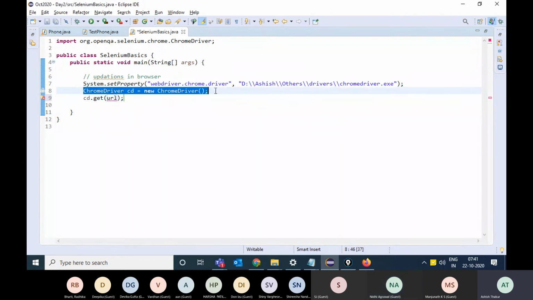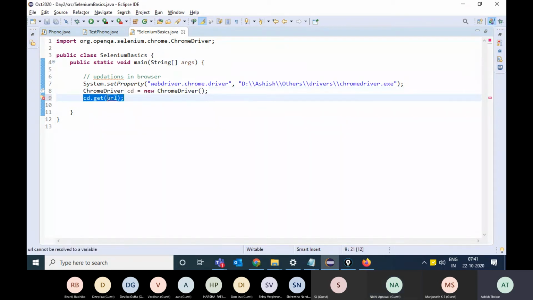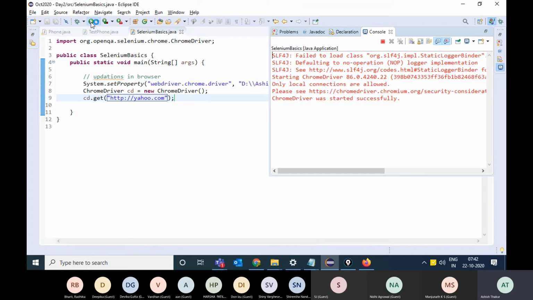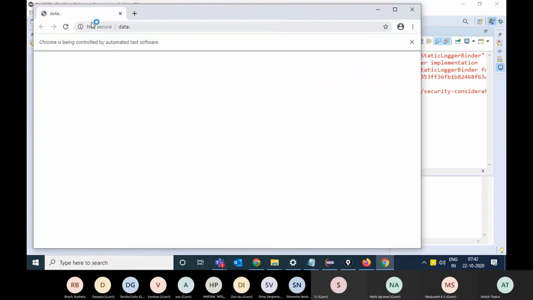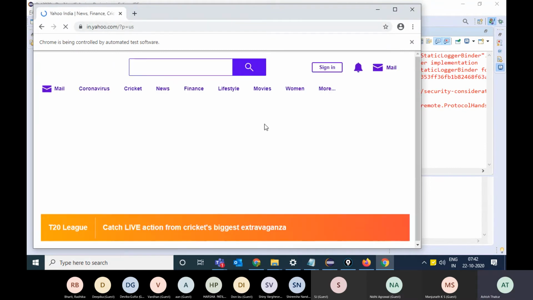So you create the object of Chrome driver and you just write Chrome driver dot get to the particular URL. So Chrome will go to that particular URL, and if you run this code, you will see that a blank browser will open and it takes you to Yahoo.